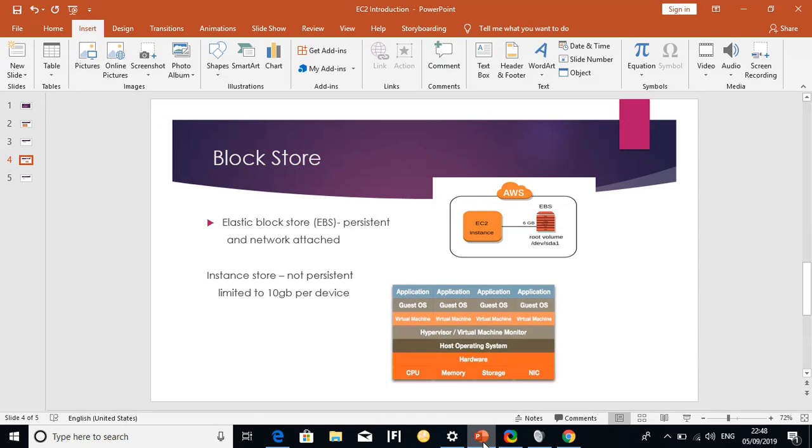So how the data is stored in the EC2 instance is, it's more or less a compute node. So what does this compute node mean? It stores information in a block store, and these block stores are of two types: one is Elastic Block Store and the other one is Instance Store. Elastic Block Store is quite persistent, and they are network attached,